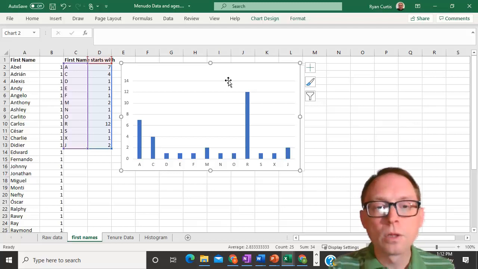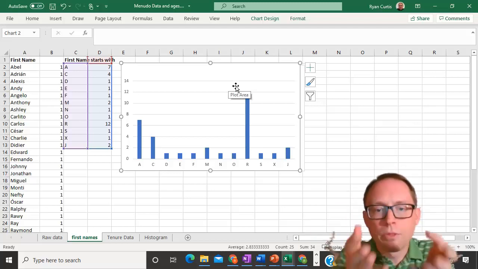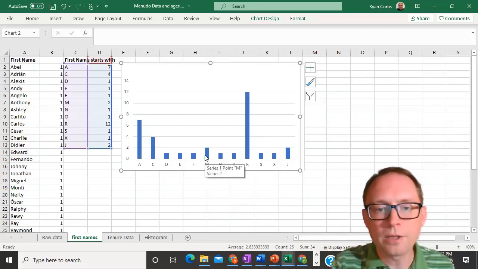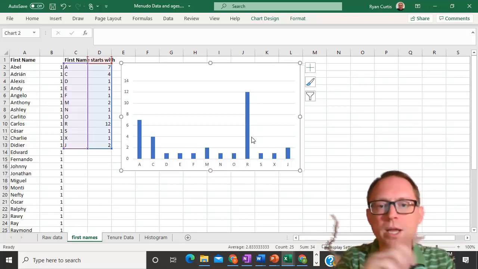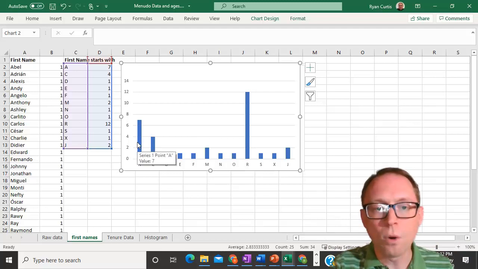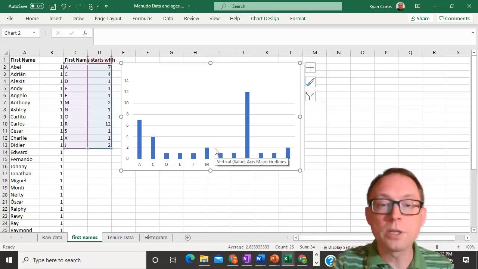Well, what does that mean? That means that we're not worried about being symmetrical, okay? There's no center to worry about, right? You say, well, yeah, there's a center right there, but we can move these around. So R could be in the center, or R could be the first one. A could be in the center, or A could be the last one. It doesn't matter because these are categorical.